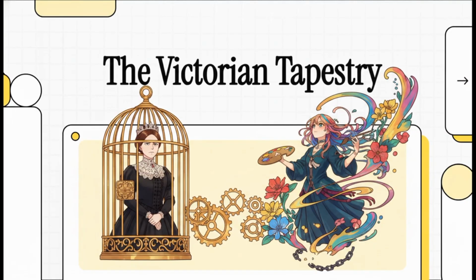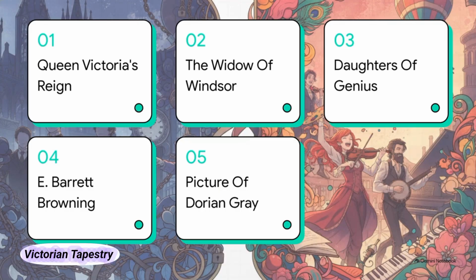Welcome to today's Explainer. We are diving headfirst into the 19th century today, and let me tell you, it is a time of just immense contradictions and truly fascinating transformations. We're going to explore this wild evolution from Queen Victoria's incredibly strict top-down moral rule all the way to the lush, scandalous artistic rebellion that eventually closed out the era. It's a story of isolation, massive cultural shifts, and brilliant minds breaking entirely out of the boxes society built for them. Here is our roadmap for today.